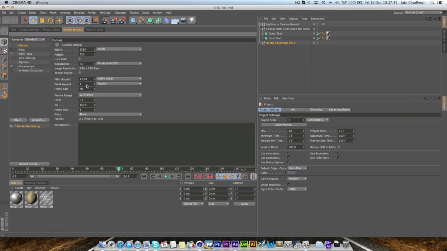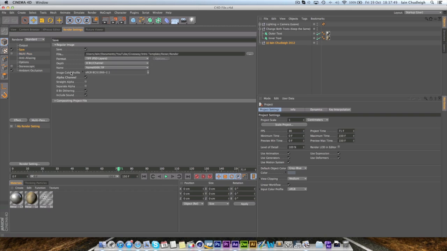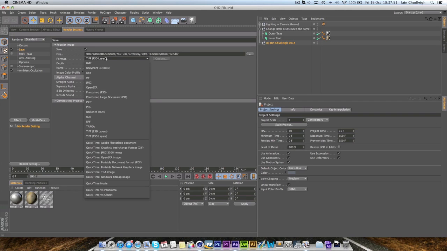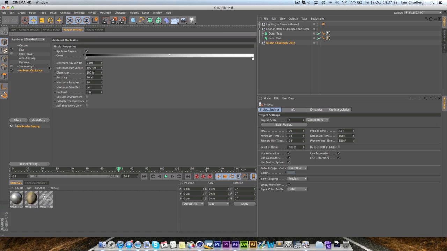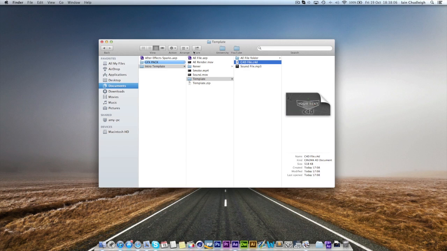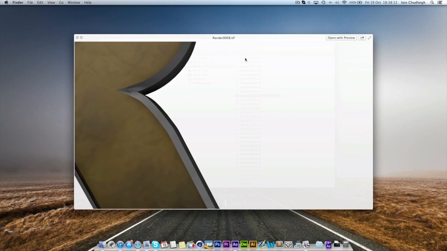And then once you've rendered that, make sure when you render it out that you have it as TIFF, PSD layers and alpha channel selected, and you can have ambient occlusion on if you like. Just makes the shadows a bit nicer. So once you render that out, you should see something like this. This is the whole animation